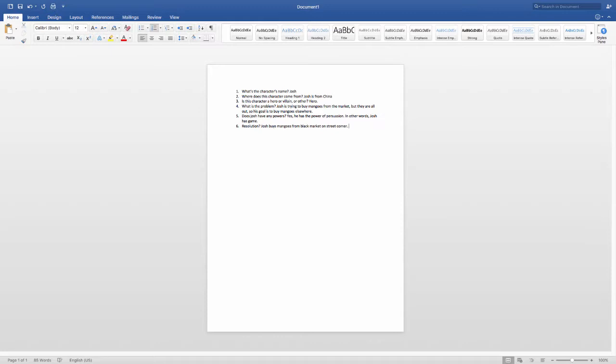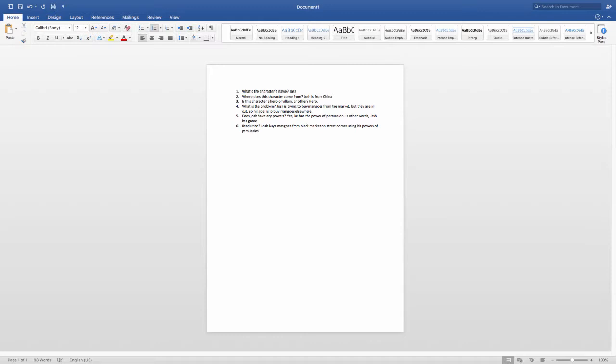It tells me that Josh is from China. Josh is a hero. Josh wants to buy mangoes from the market, but they're all out, and so his goal is to buy mangoes elsewhere. Josh has the power of persuasion, and he solves this issue by buying mangoes from the black market on the street corner using his powers of